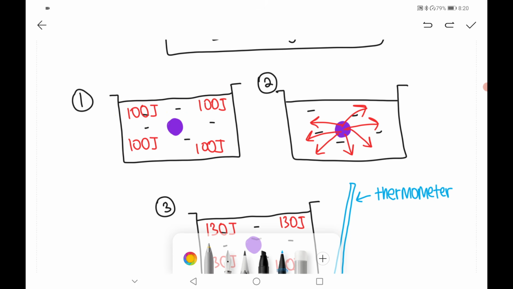Okay, so now exothermic, the heat will release to the surrounding. So you see this particle, the heat will release. Release means let go. So you let go of the heat. Okay, so now you release the heat to the surrounding. So when you give the heat to the surrounding, when the heat goes to the surrounding,